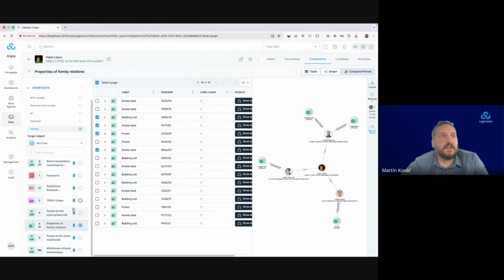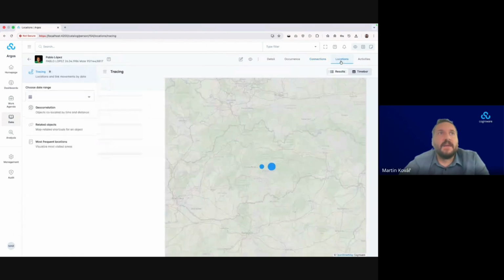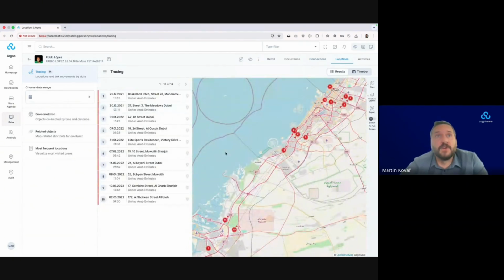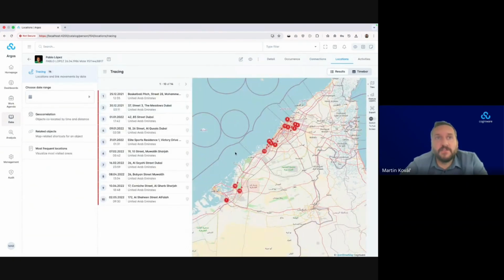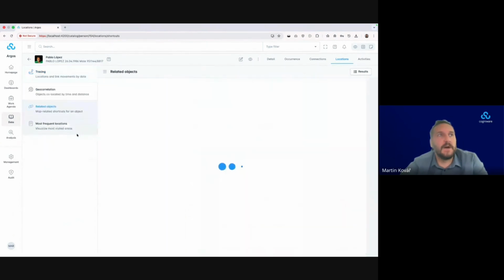So this is the connections view. Then we have a geospatial view. So if you have locations, for example, bank withdrawals of that person, if you have addresses related to that person, if you have addresses of businesses that the person is sending transactions to, you can visualize this on a map.